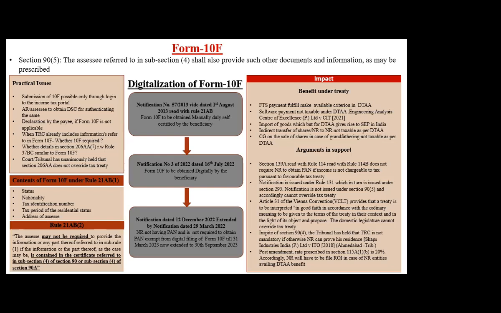Now, benefit under treaty we are talking of. So what would be the impact? There are 5 major benefits generally. Just one small query. If we are taking all these things, 10F, TRC, everything, if the income is chargeable to tax and we want to claim the treaty benefit. Correct. In the first instance, if the income is not chargeable to tax, then how do you prove to the department that this was a non-resident? We still require some of these documents.